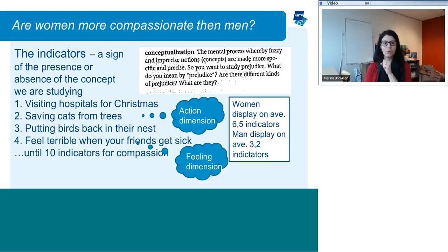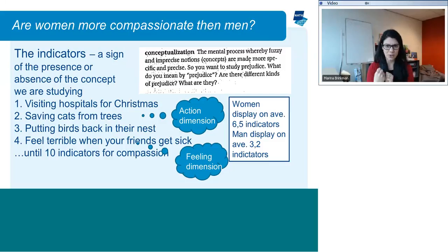But what you also can do, and what is a lot done in order to not only make sense of what we are measuring and when we report it, but also because very often those concepts which are not directly or indirectly observable are very complex, we can also identify different dimensions. And that also captures the differences in our understanding of compassion in this example. If you look at the first three I have in here, you can say that visiting hospitals, saving cats, putting birds back in the tree,